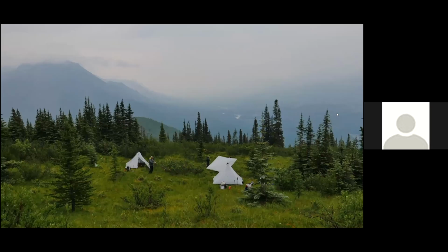So this is the camp we arrived at. We'd hoped to go over the top that night, but we were a little slow getting going. So we hit this camp. There was no water there, but fortunately it poured in the middle of the night. We were able to collect several liters off our...